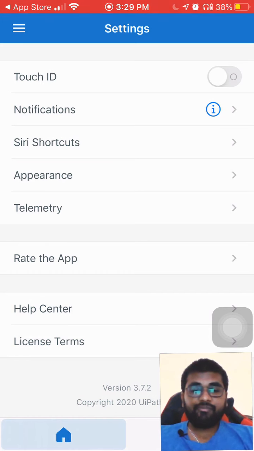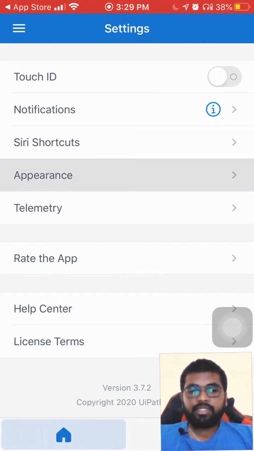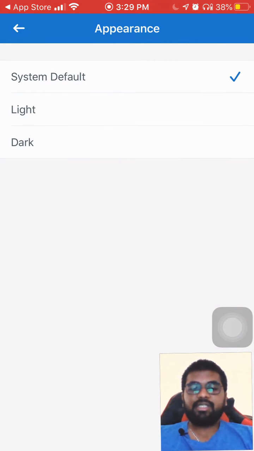But here Touch ID provides more security, so that someone else who has access to my mobile doesn't start the bot. And appearance, here there are multiple themes that are available: light, dark and default, system default. So if it is night, it will be by default in dark mode, and if it is day, then it will obviously be in light mode.